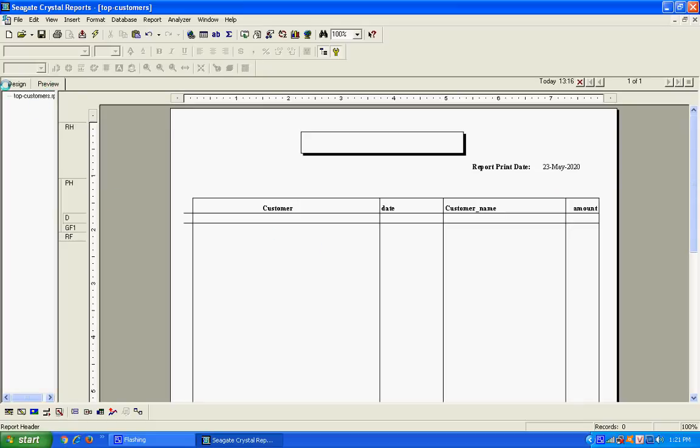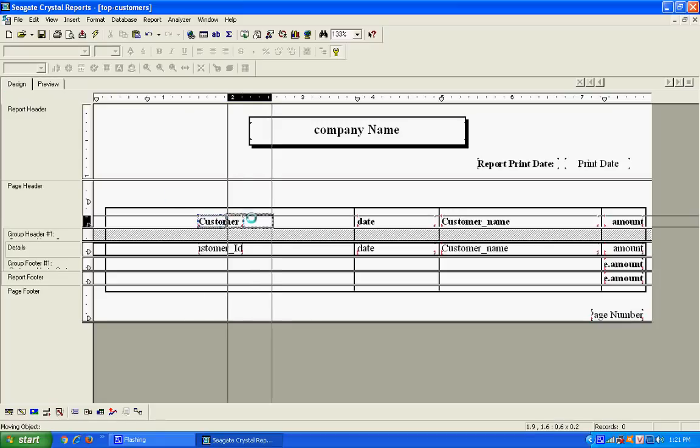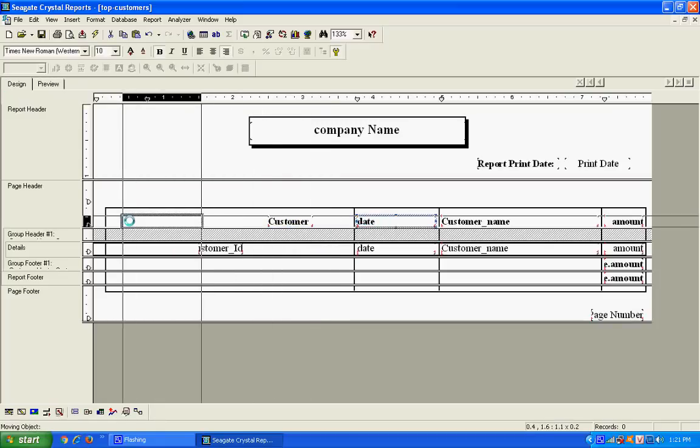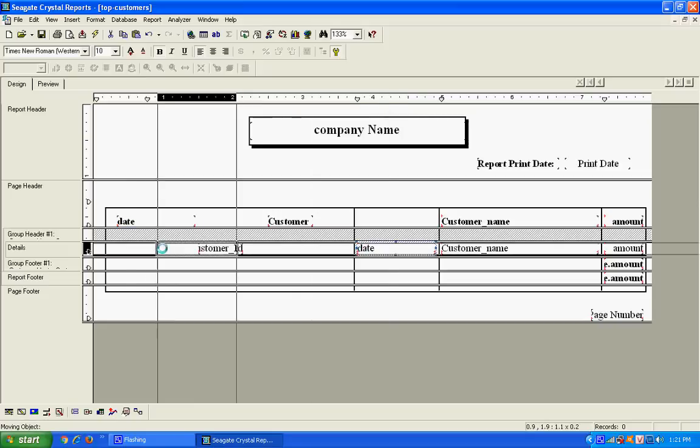First we want to show the date, and next we want to show the customer, but at this time we don't need the date, because the date is only used for calculation, not for showing. I am going to hide this date.